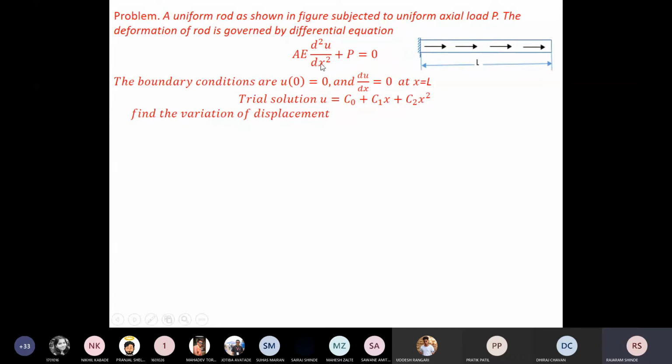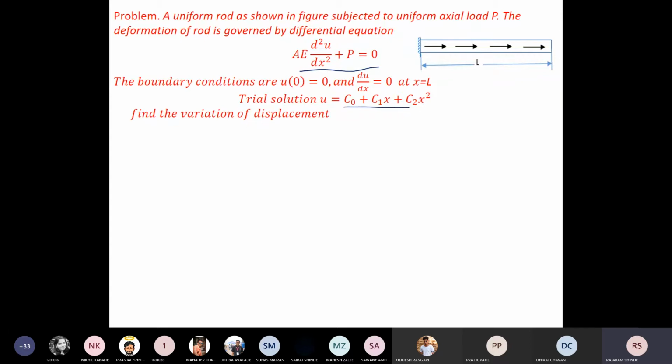You see this equation. This equation is given, okay. It is not necessary to derive it for this problem, but you should understand this equation. Okay. Sometimes boundary conditions may not be given, sometimes the trial solution may not be given.